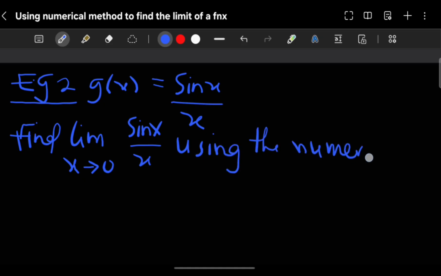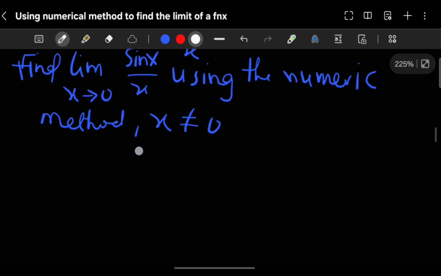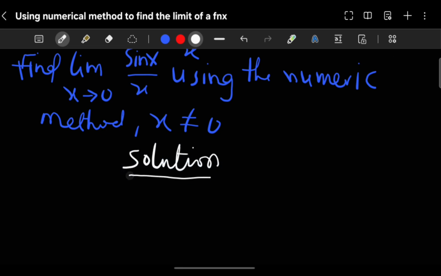Using the numeric method, then comma, x cannot be 0, because when the denominator is 0, it makes the function a math error, right? So it's a condition. Good. So to solve this, as I already communicated, you have to find the test values by drawing the normal